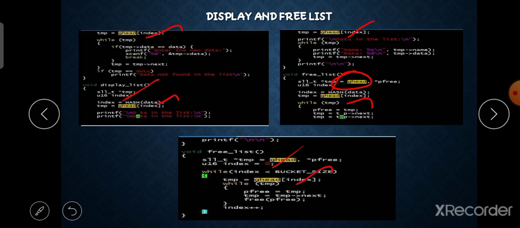And this free code is different from the others because instead of using these two lines, index and temp, we use a while loop.